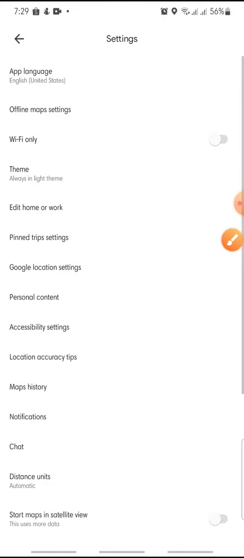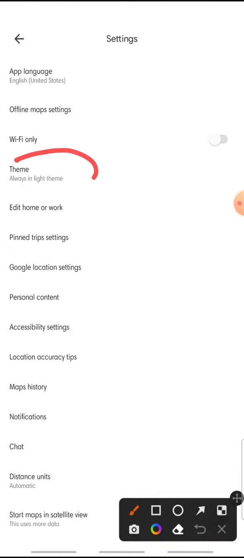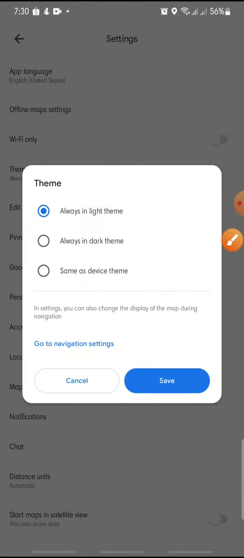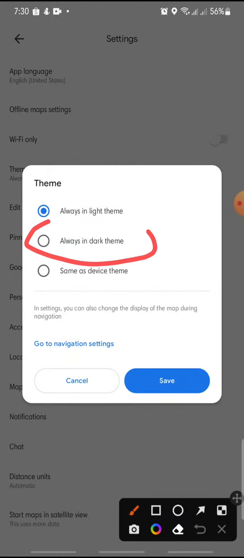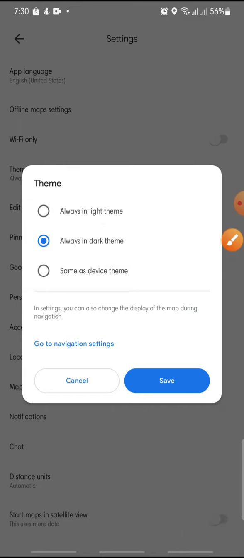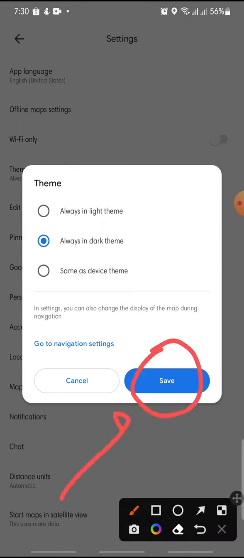And after this, in here you just click on the theme, click on it. In here you just click on the always in dark theme, and after this, in here you just click on the save